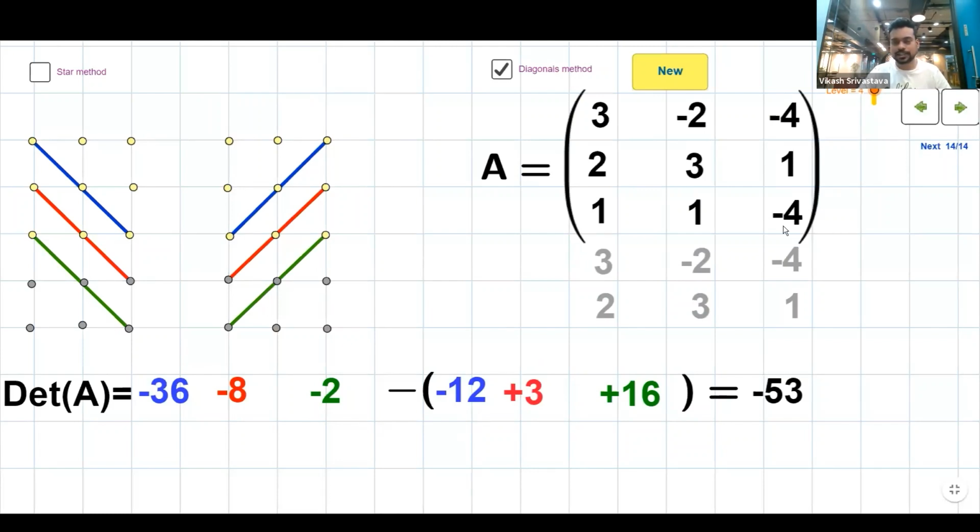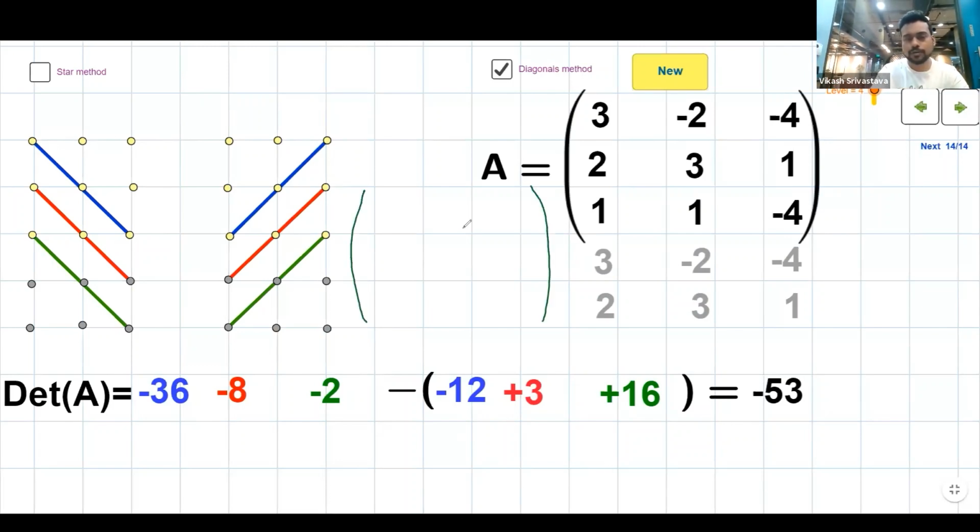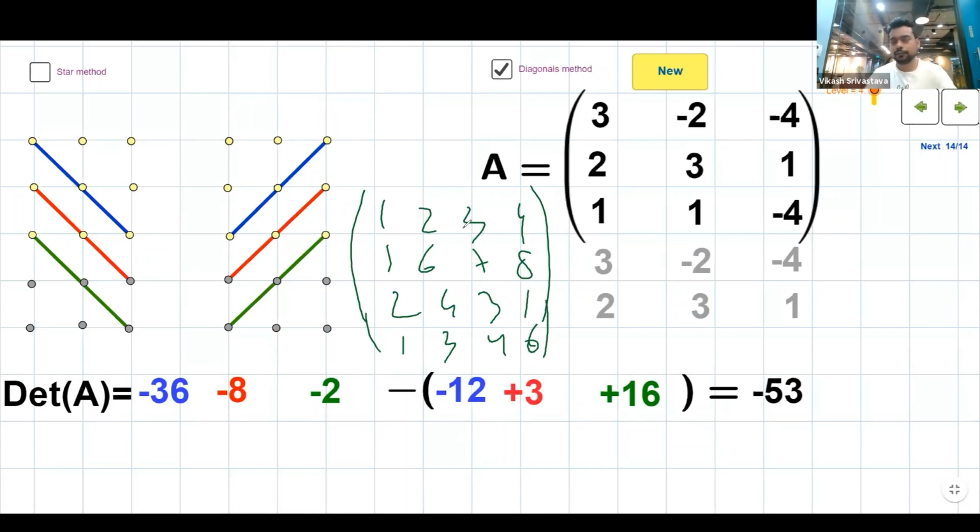Okay, so it's essentially the same thing. So what you'll need to do, I'll just write them here. Suppose you have a 4 cross 4 matrix, so let's say 1 2 3 4 5 6 7 8 2 4 3 1 1 3 4 6, something like this. Let's say we are not going by the diagonal method, so usually what we'll do, which you have